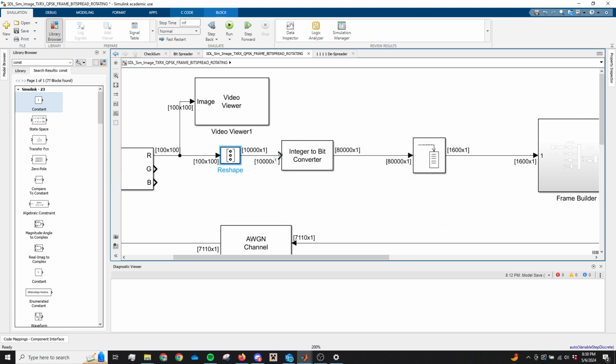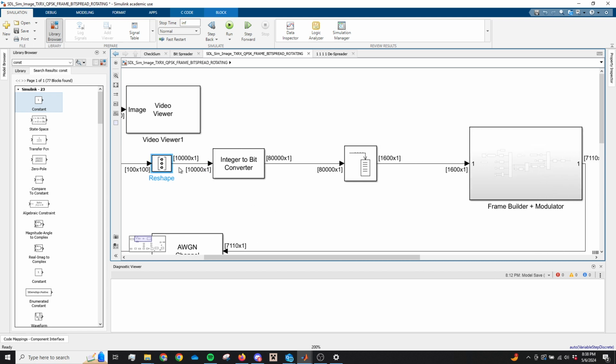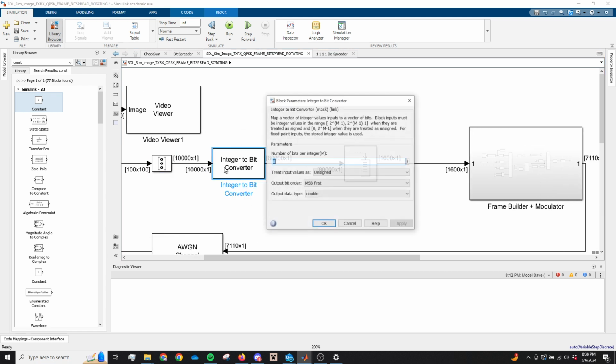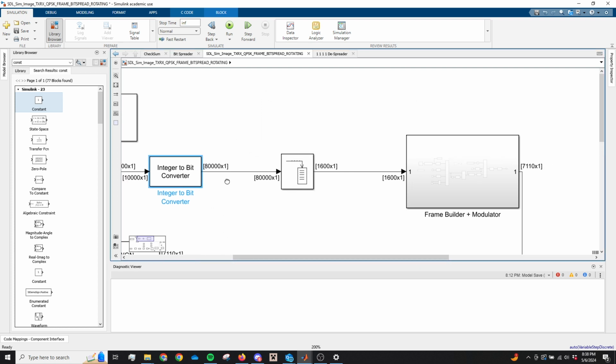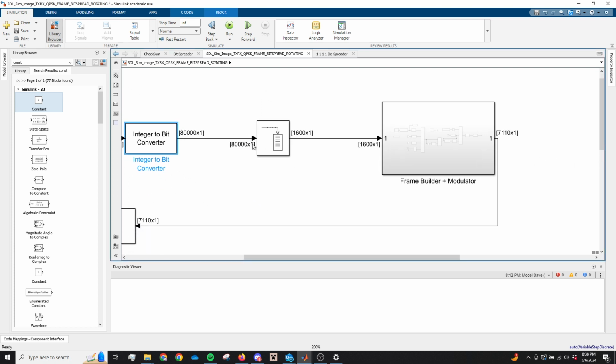Sends that 10,000 pixel, or 10,000 integer, array to the integer to bit converter, which converts those integers into 8-bit values, unsigned with the most significant bit first, and set to double. So now we have 80,000 bits passed along this